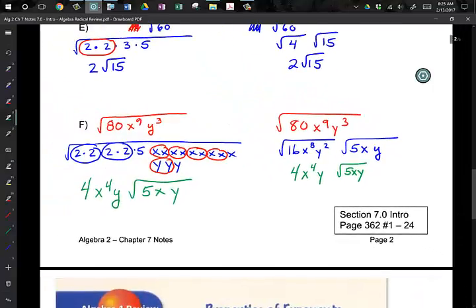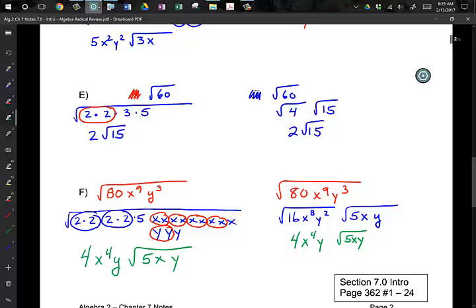So there's a little bit of practice of mental math here, knowing your perfect squares, knowing what goes into things. But my hope is you're going to start to see those numbers and how they jump into these square roots very quickly, to reduce these things extremely fast, to make this very, very straightforward. The important thing is we're looking for pairs with square roots. Tomorrow we're going to jump to cubes. And if we're looking for pairs with square roots, what are we going to look for with cubes? 3. Okay, not pairs, but we're going to look for triples. And so it's a very similar idea tomorrow, but for today we're just going to stick in our intro stuff